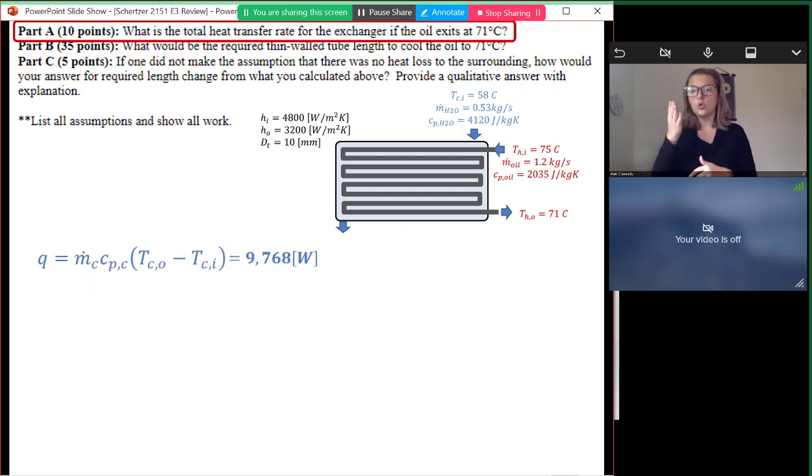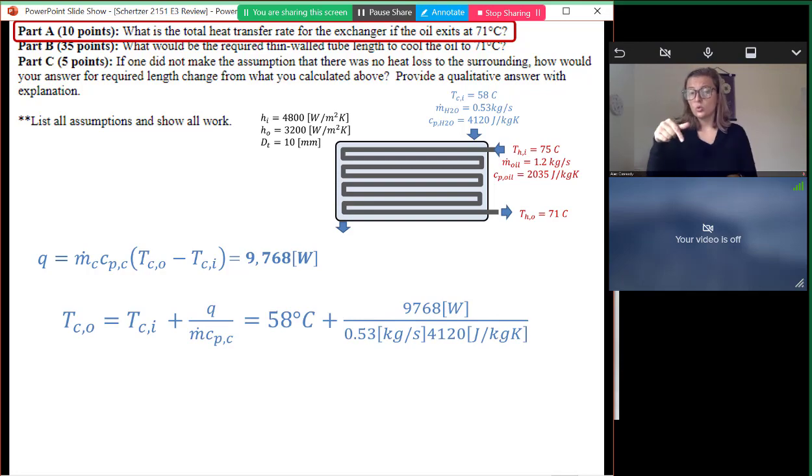The problem doesn't ask me this. I've already finished part A. But you wouldn't necessarily do this in a test. Because we know everything on the hot side, we can know everything on the cold side. So this problem easily could have asked me, what's the outlet temperature on the cold side? Then I would take this same equation, m·Cp times delta T, equal to Q. And we know Q from the hot side, and if they're the same, then I can get an expression for the outlet temperature on the cold side.